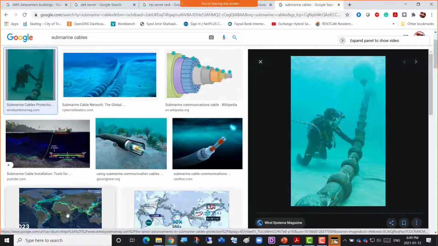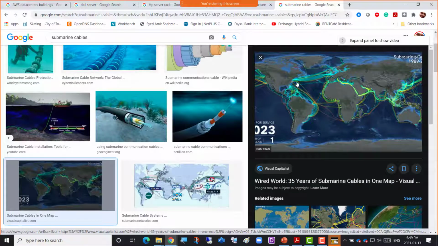All the continents are connected with each other. They could connect through satellite as well, but that would be really expensive and slow. So submarine cables are the fastest internet connection between the continents that they can put. Okay, so